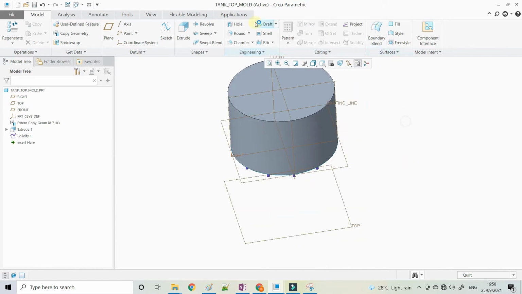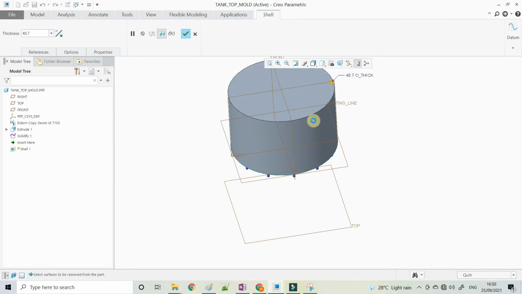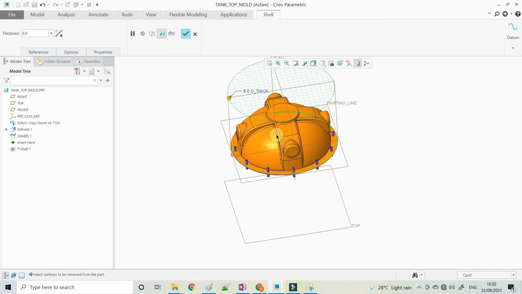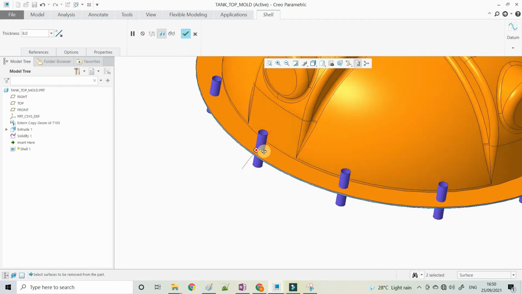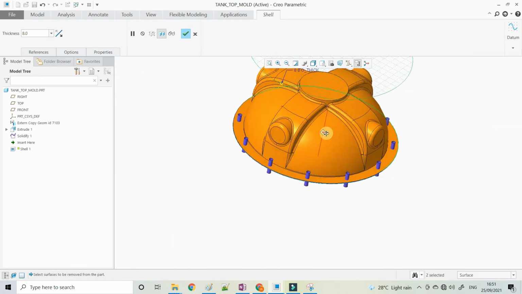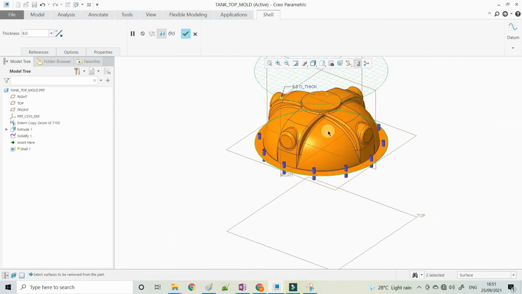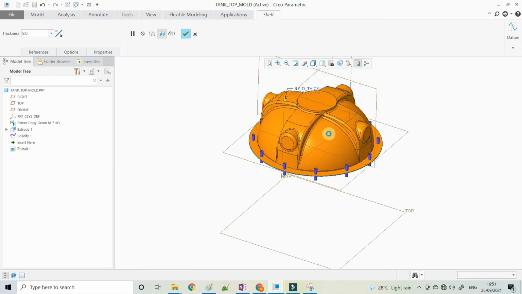Now I want to build the flange thickness or the mold thickness. Here I am taking 8 mm. You can see that 8 mm is possible here. Now I have removed the side surfaces, and you can see the top mold has 8 mm thickness, and say OK.